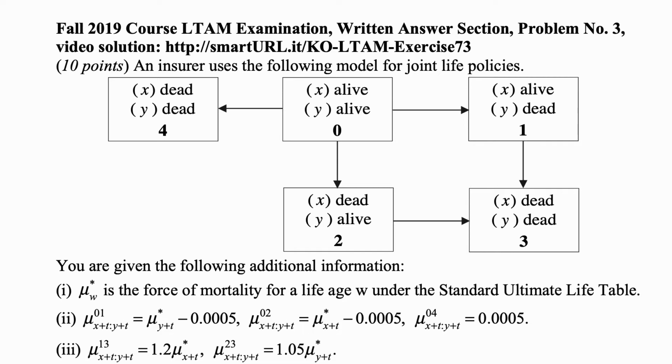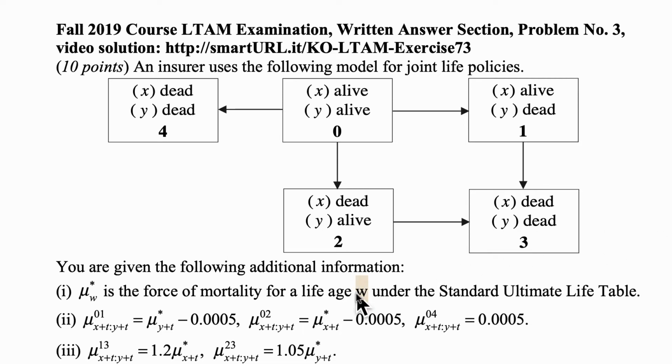You are given the following additional information. Mu W star is the force of mortality for a life age W under the standard ultimate life table. Now this W should be in italics. Mu X plus T colon Y plus T 01 is mu Y plus T star, so the one from the standard ultimate life table for age Y plus T, minus 0.005. Mu X plus T colon Y plus T 02 is mu X plus T star, so the one from the standard ultimate life table for age X plus T, minus